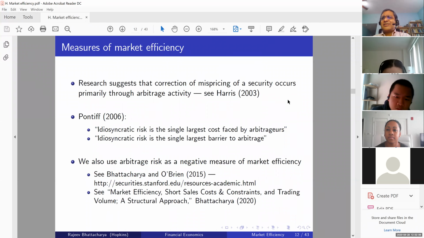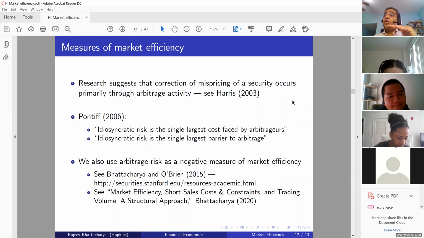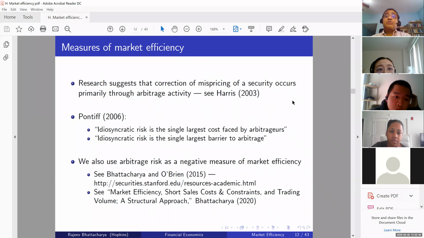There is various work on that, and that's something I have done a lot of research on, these short sales costs and constraints. Similarly, if you think that a particular stock is undervalued, then you will buy it in order to sell it for a higher price in the future, right? But it is in the process of your buying it that you will move the price up to its appropriate level. So the idea is